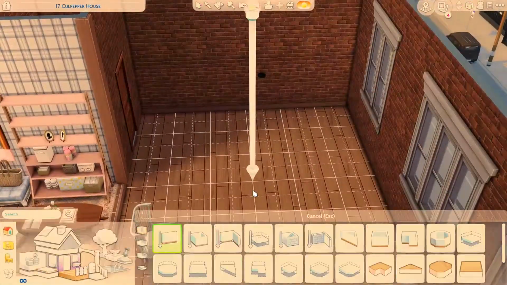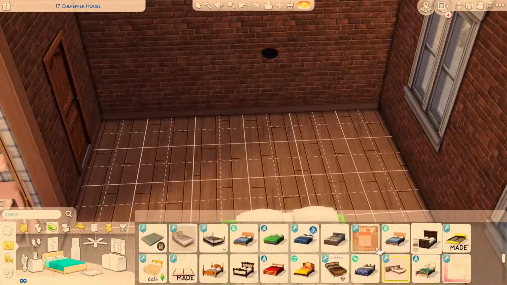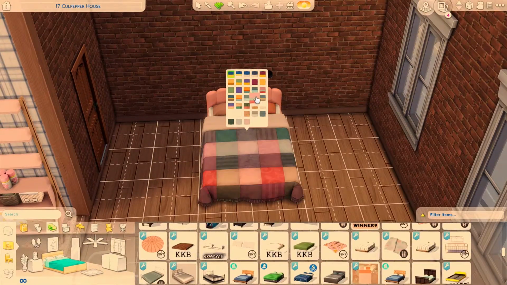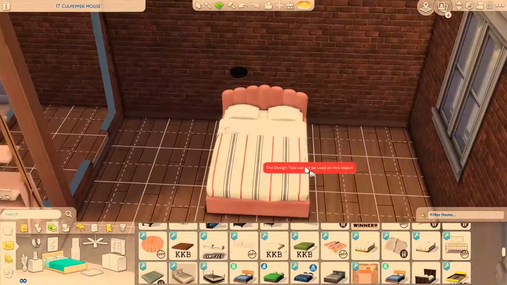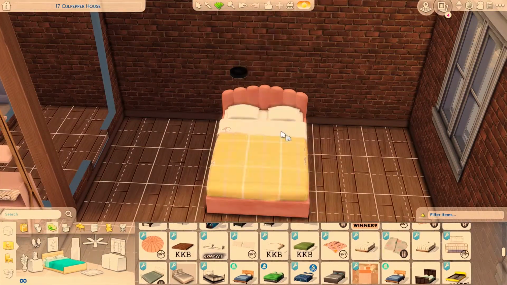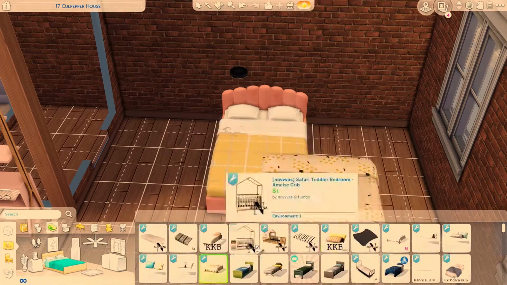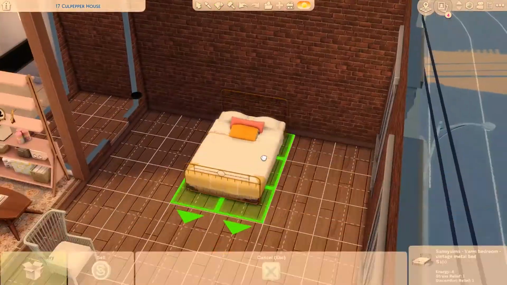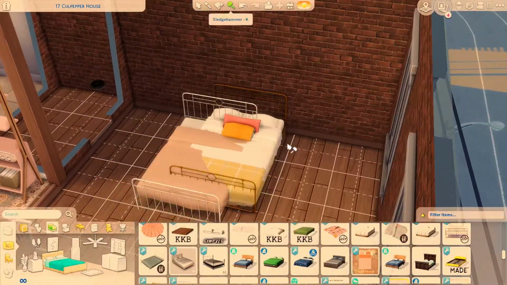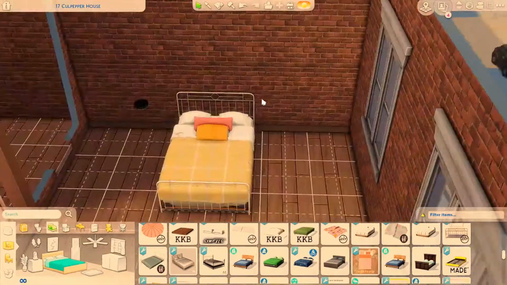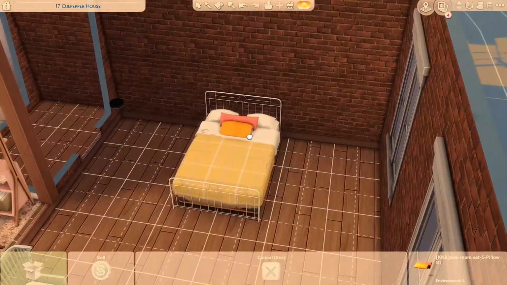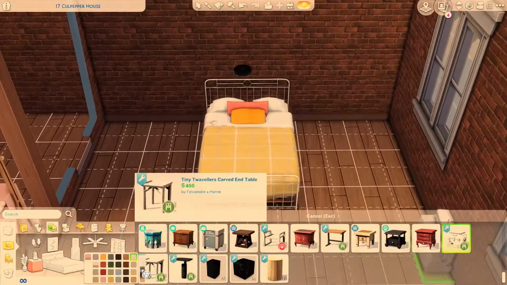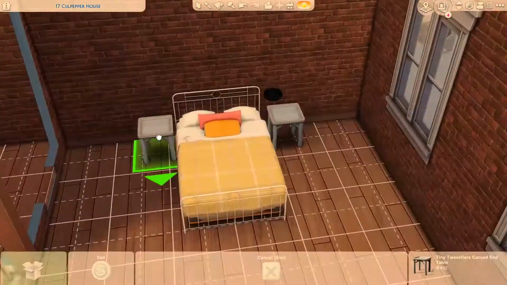And then moving on downstairs, this is where I'm gonna put the bedroom area. So I'm just trying to figure out what bed frame and what bed set I want. I love that I can combine different bed frames with different bedding, because it opens the door for so much creativity, and I'm really happy that custom content creators figured out how to separate the two. But I ended up going with this white wireframe bed frame, and then a yellow plaid bed